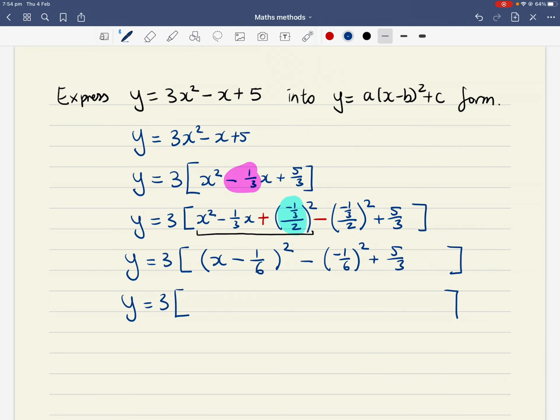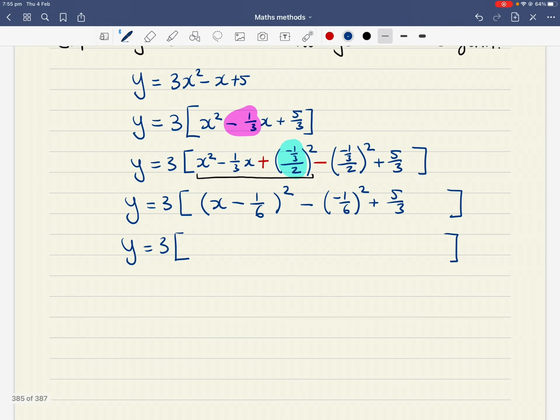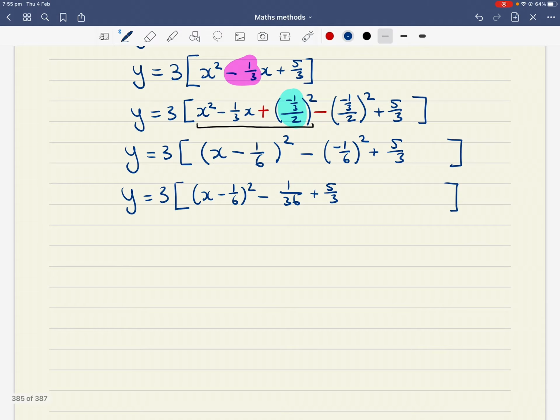So that's minus negative 1/6, because half of a third is 1/6, all squared plus 5 over 3. 3 brackets, because we're still completing the square inside the brackets. So it's x minus 1/6 all squared. So taking away 1 over 6 all squared is 1 over 36 plus 5 over 3. Now, to simplify your fractions again, remember you need to have the same denominator. So I'm going to times 12 to get the common denominator of 36. So I get 3 outside of x minus 1/6 all squared minus 1 over 36 plus 60 over 36,